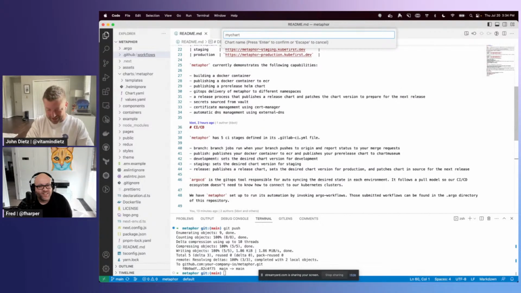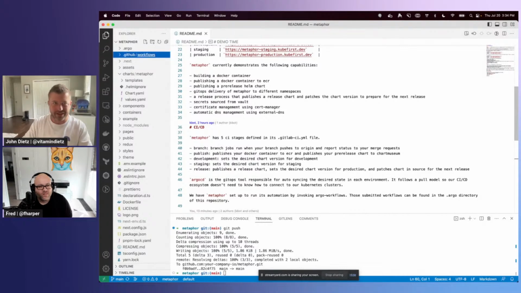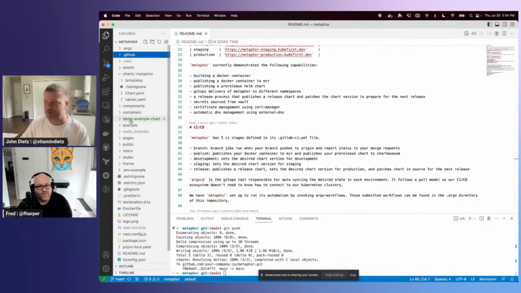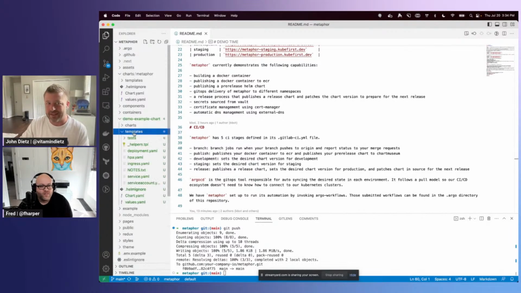And we'll call it demo example chart, something boring and easy to identify. And it's going to create this folder right in your repo, wherever you are, called demo example chart. And this demo example chart is going to have a default Kubernetes chart. I haven't told it anything about my ports, about my image, about anything. So it's not right. But it will deliver a simple Nginx image to wherever you apply this chart. Now, that's not quite good enough.